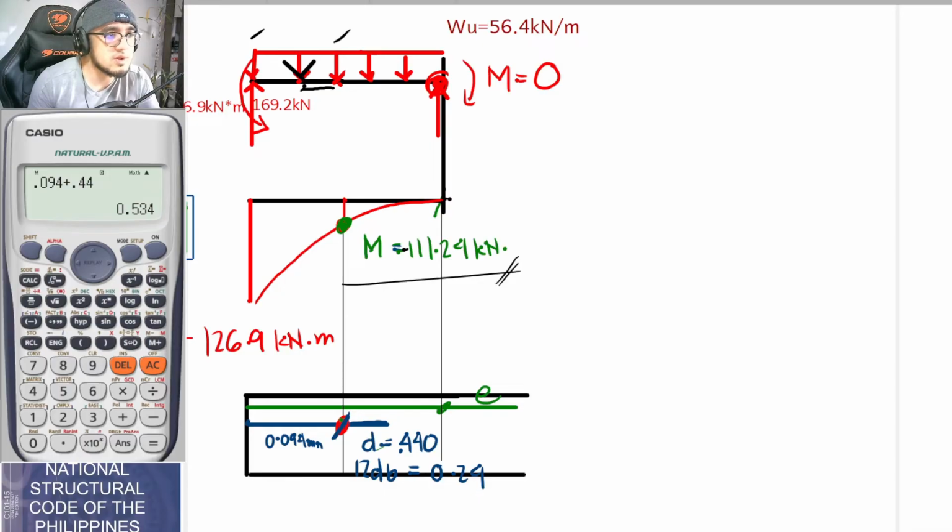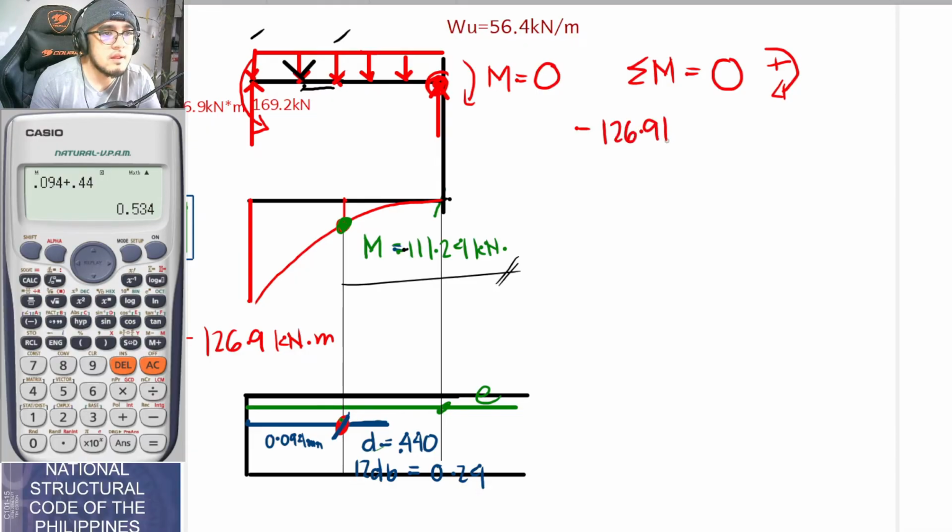horizontal or vertical or whatsoever. So let's say that I will be getting the summation of moment, pala. Pag moment, clockwise or counterclockwise. So let's say that the summation of clockwise moment is to be equal to the summation of moment is equal to 0 and clockwise is still to be positive. So with that, guys, so negative